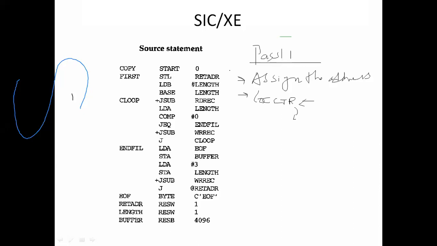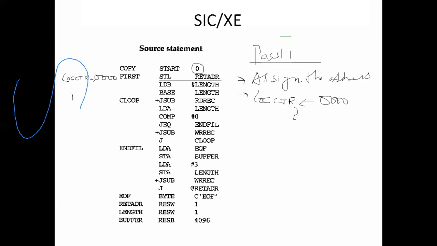But as I said, we need to be careful and very observant regarding the type of instruction that we are looking at. So let us start. What is the starting address that has been specified? Starting address is 0000. So I'll put 0000 and initialize the location counter value to 0. The location counter is now pointing to the first instruction in my program. Now just observe what type of instruction it is. It's a normal instruction.